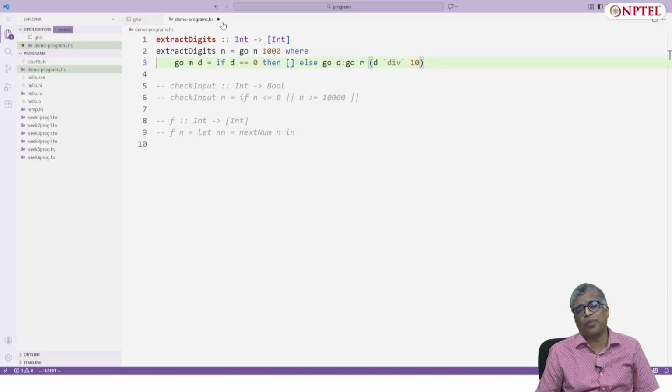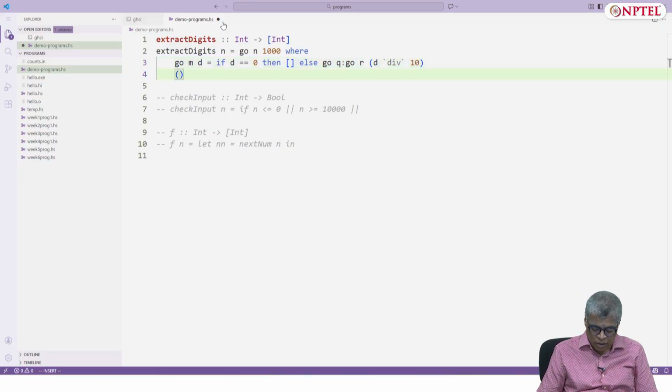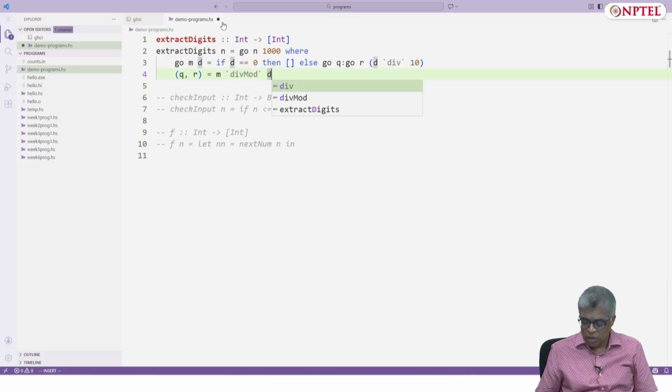So quotient followed by go of remainder and d div 10. What are quotient and remainder? They are nothing but m div d and m mod d. Okay, so this is my extract digits routine. Let's check if this works correctly.